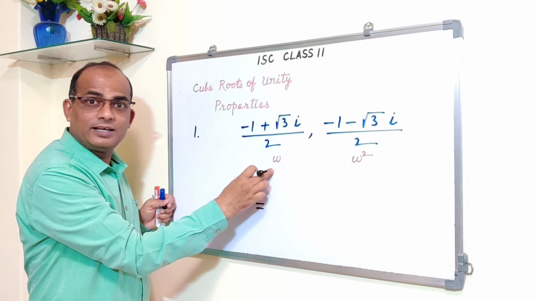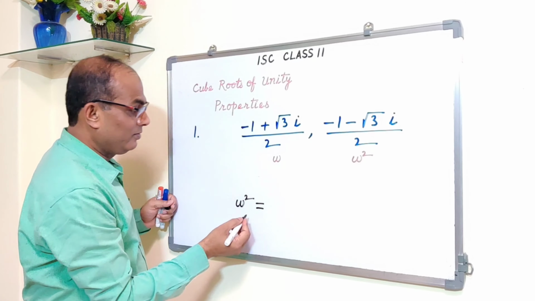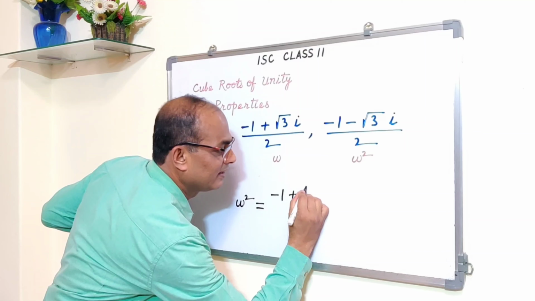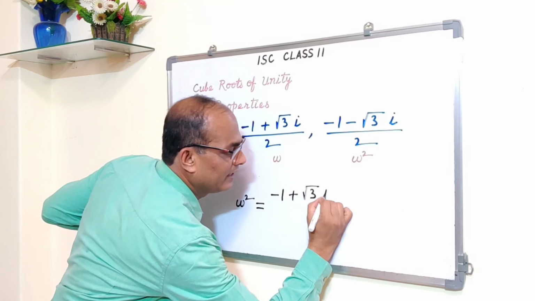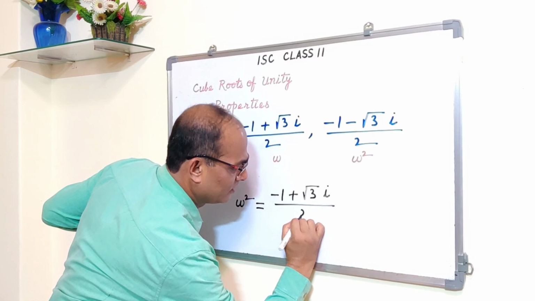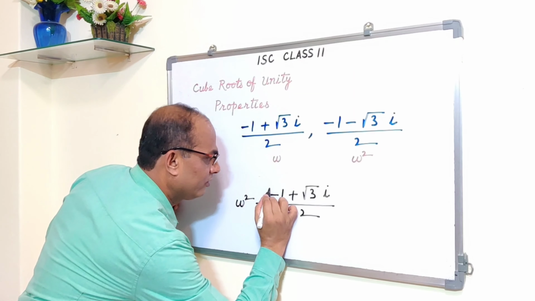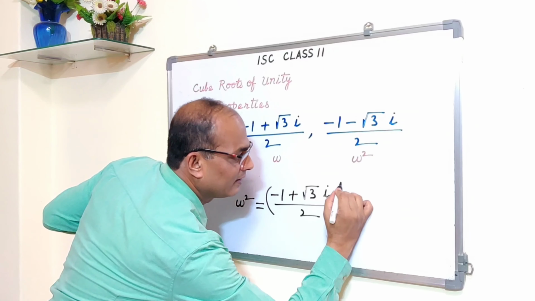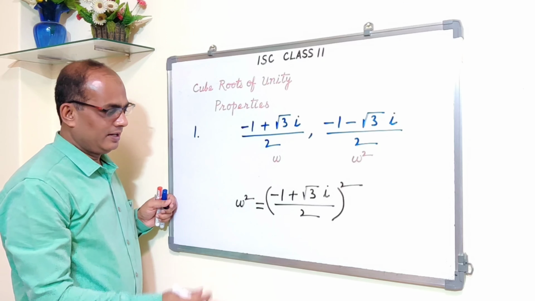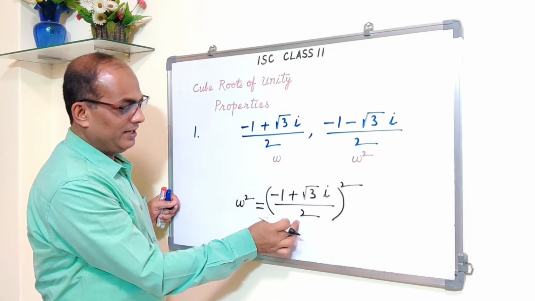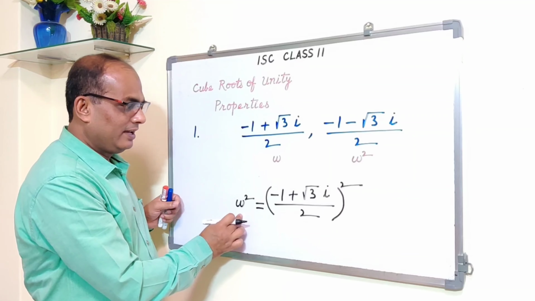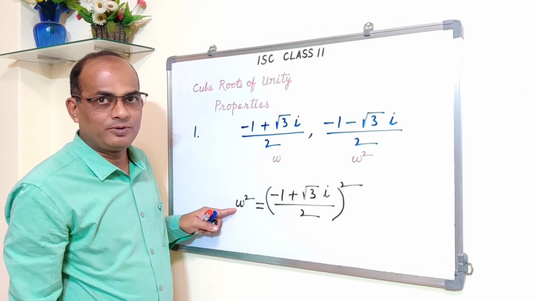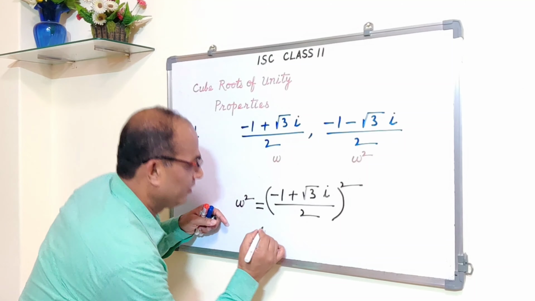This we are calling omega: minus 1 plus root 3 i, whole divided by 2. We are finding out omega square. Let's see if we are getting omega square as minus 1 minus root 3 i upon 2 or not. So this is equal to